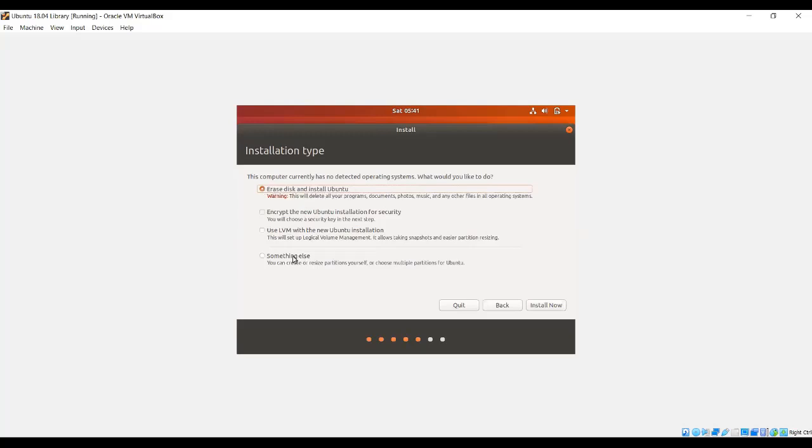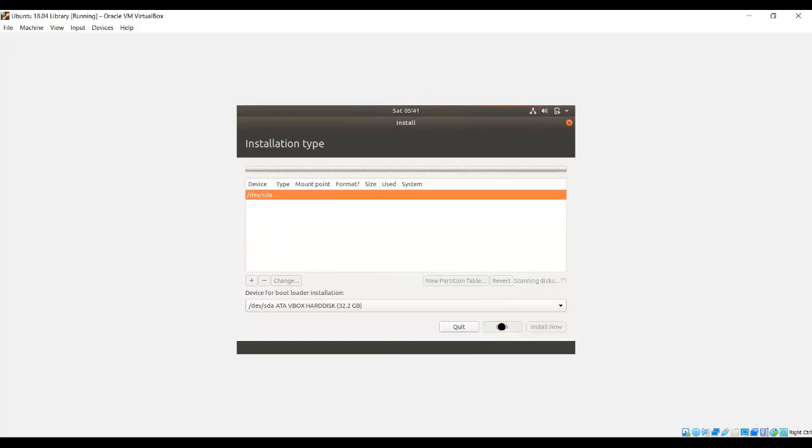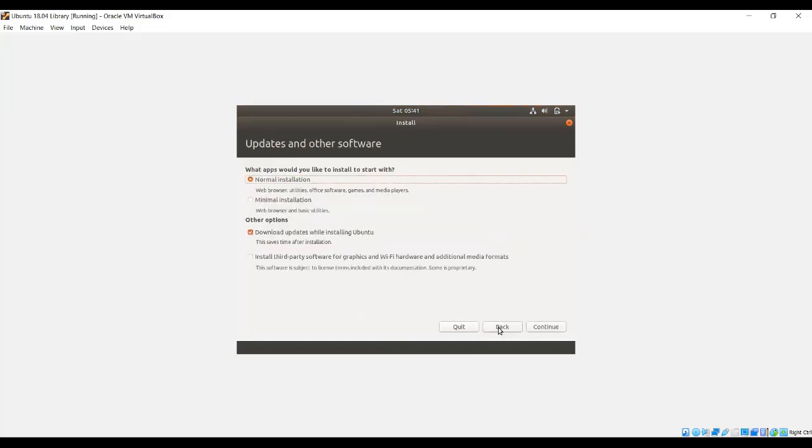If you click something else and then continue, in this case you can create a new partition by using a new partition table. I'm going to click back. Normal installation, continue.